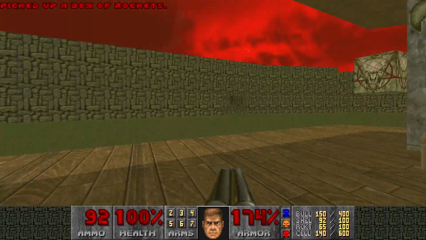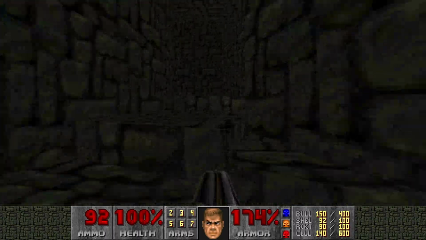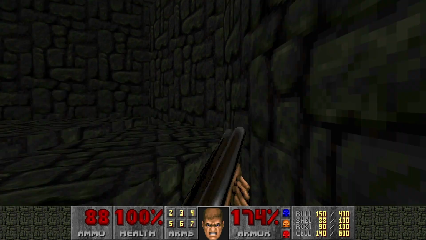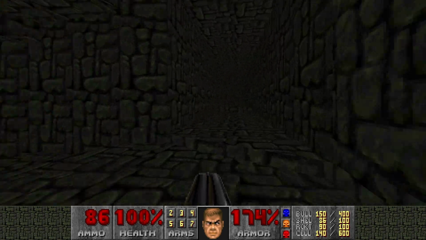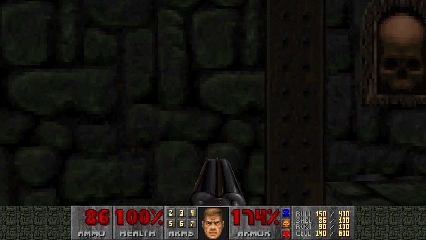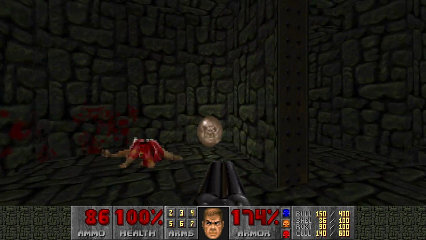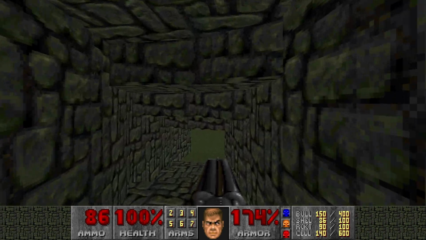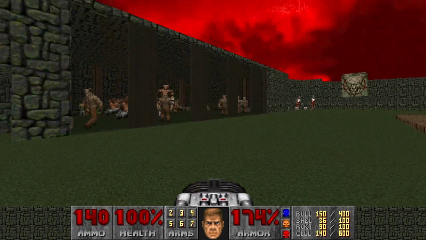The final fight in this section. Look at the beat drop. Listen to that beautiful track. We hit this switch. Oh, by the way, this is a fake wall, and there's a megasphere here. We're not going to take it yet because we're going to save it for a sticky situation. Because once we go outside,